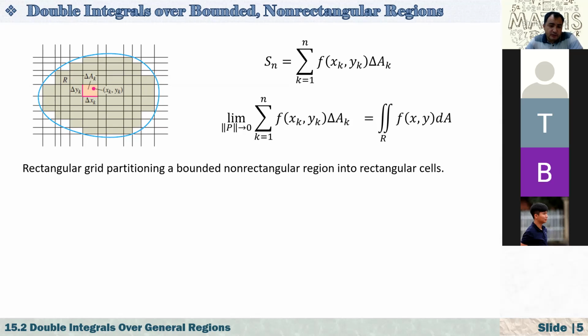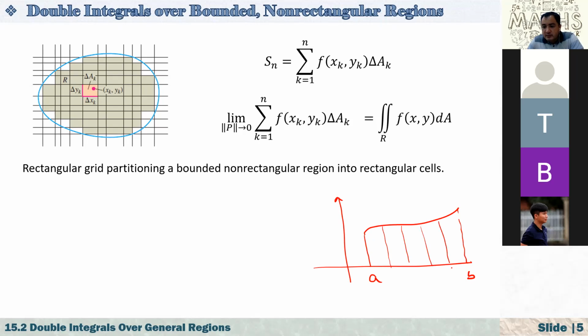Then we improve our partitioning, which means the number of subintervals gets bigger and bigger, so n goes to infinity. The definite integral gives us the area bounded by the lines x equals a and x equals b. Let me draw this to visualize it. We are talking about some function here, this point is a, and this point is b. We divided this into small subintervals.